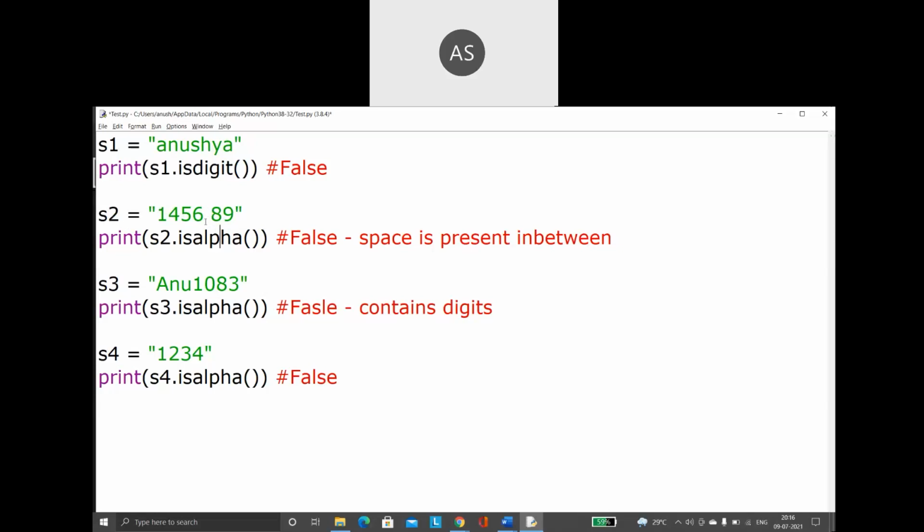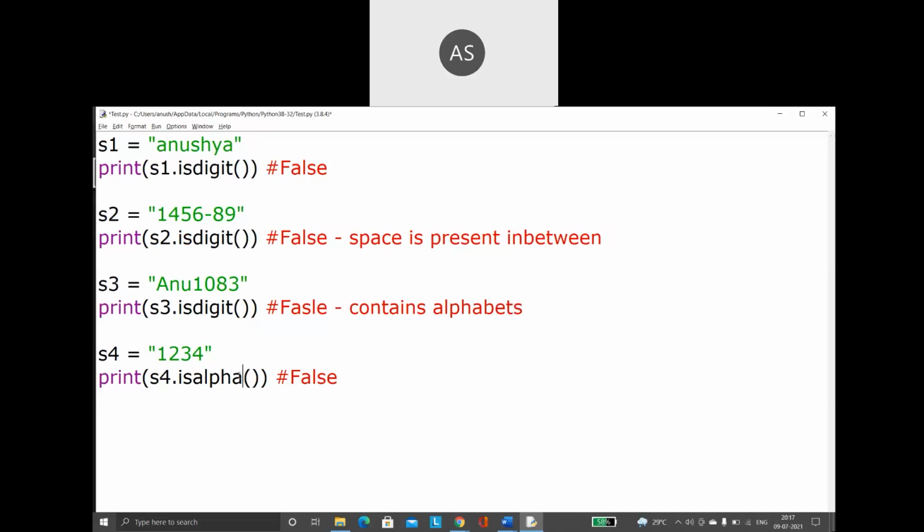It should have only numbers. No space, no hyphen, no other special characters must be there. This is also false. The third one is also false. Why? Because it contains alphabets. Alphabet is not a digit. So this function is also going to give false because it contains alphabets. It should have only numbers, nothing else.